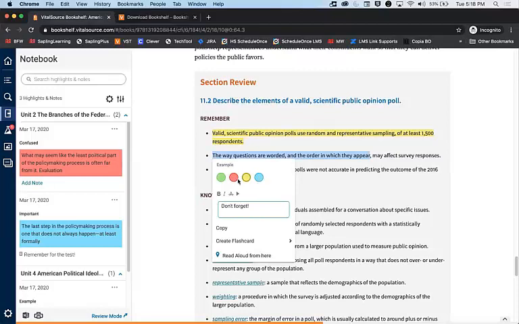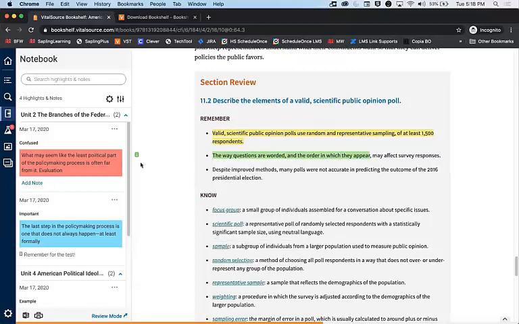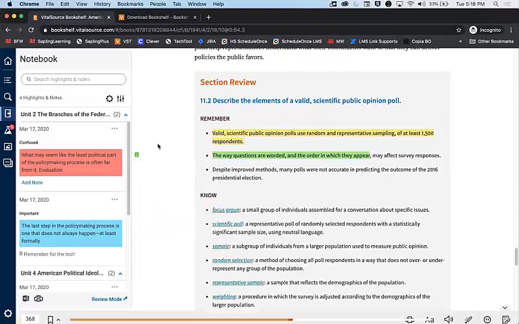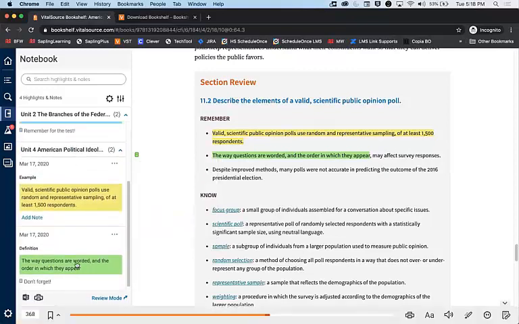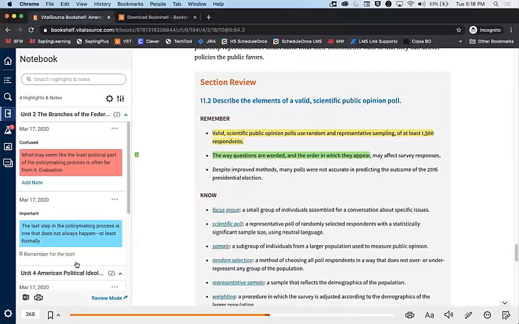And we'll make this one green. Anytime you add a note, you'll also have it clickable here on the page, so viewable here. And as you can see, it filled in my notebook. My notes and highlights are specific to my individual user, so as I make those, they're going to populate just